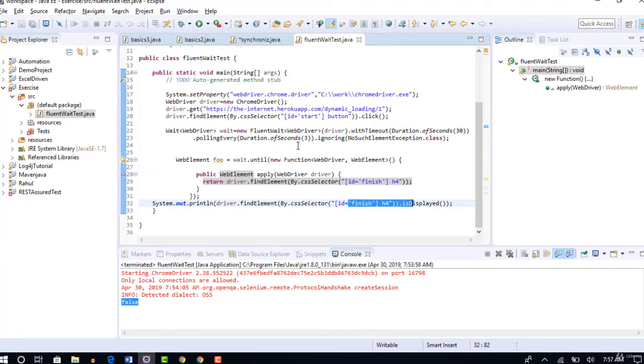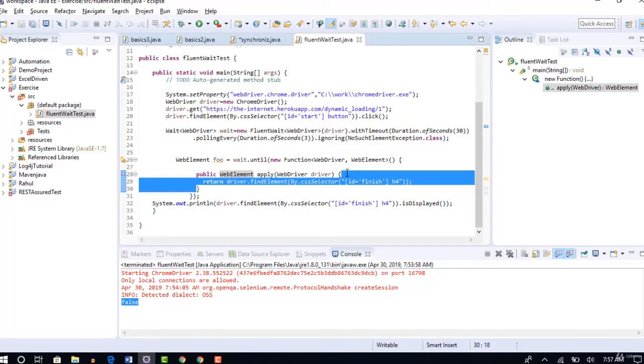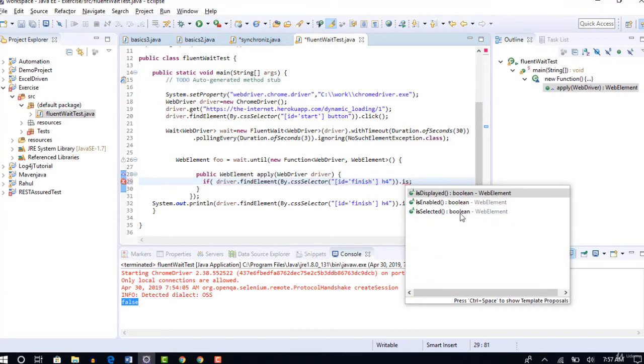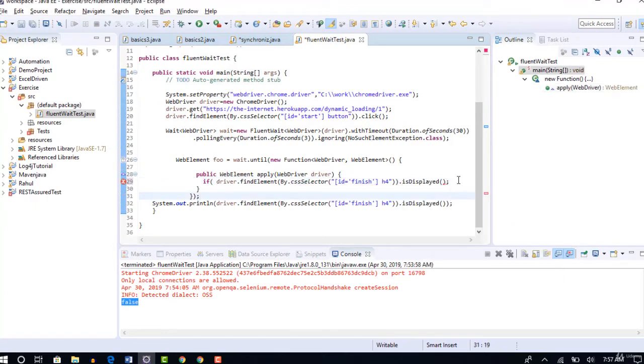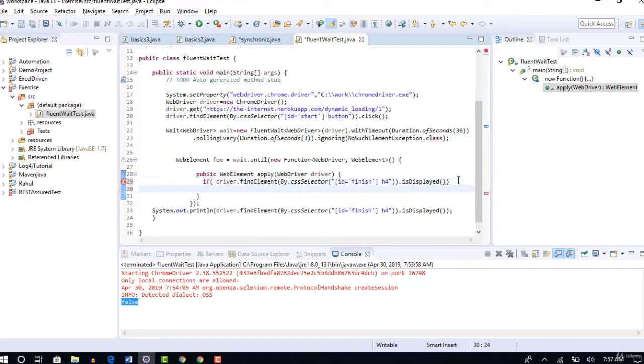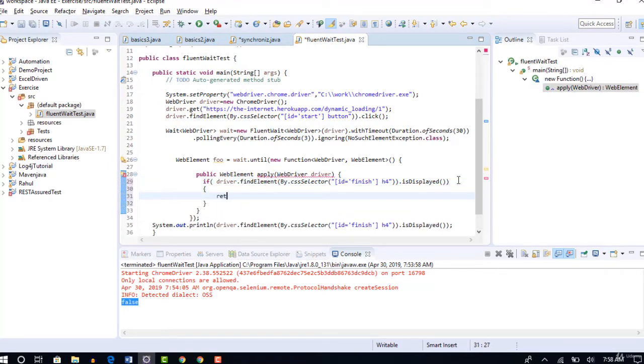So what is wrong here? So we need to tell something in this method that wait until element is visible, then return web element. Here simply we are returning which is already found in the first second. So it's very simple. Now if this step, okay, all right, so if it is displayed, then only it is visible, isn't it? Then return.